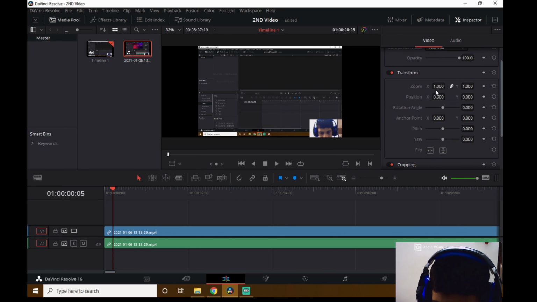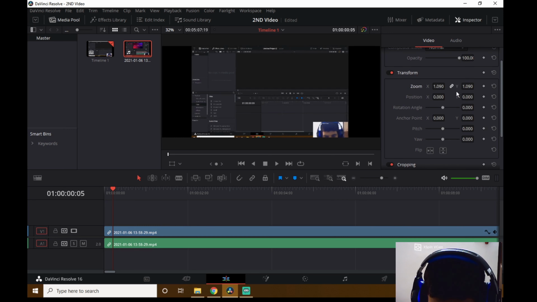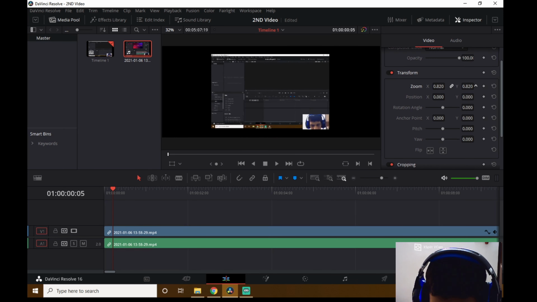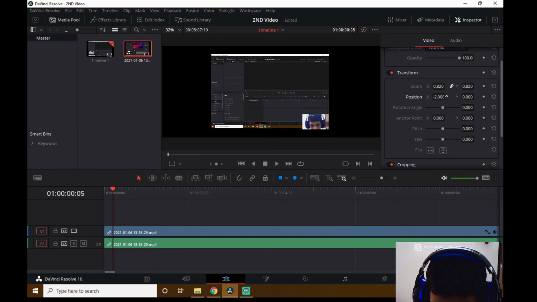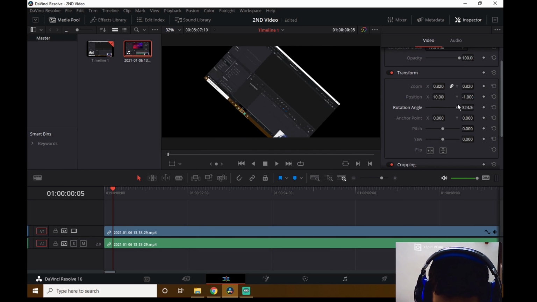And you get the transform, like zoom. This is up and this is down. This is also up and down. And this position, this is side to side, this is vertical and horizontal. And the rotation, you can rotate it.